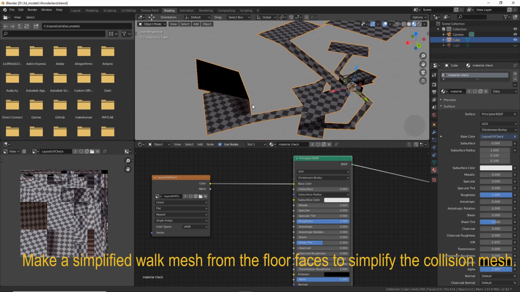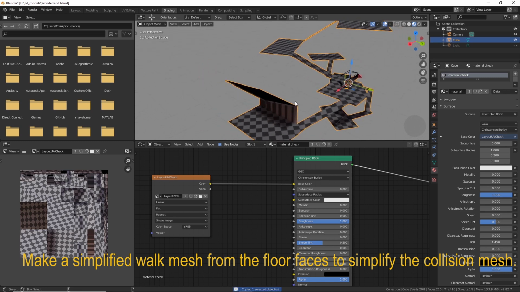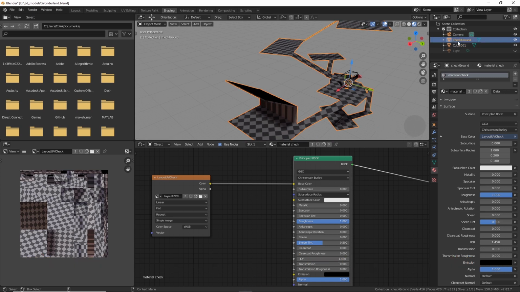So say this is a more complicated object than it is, a scene. We may not want some of these, the walls or the roofs, in this case this plane here, to be a collision mesh. So what we can do is just duplicate the object. I've just made a copy. So this is our check ground, and this will be our walk mesh. We'll hide the ground, keep the walk mesh,